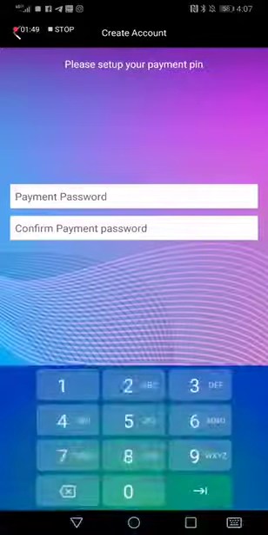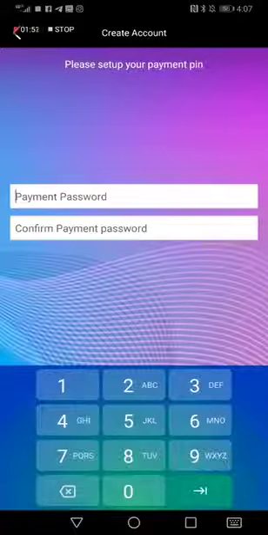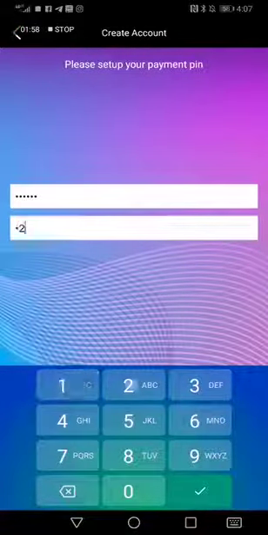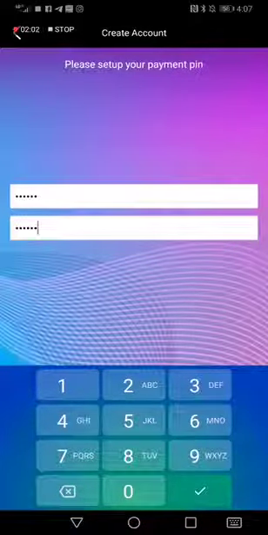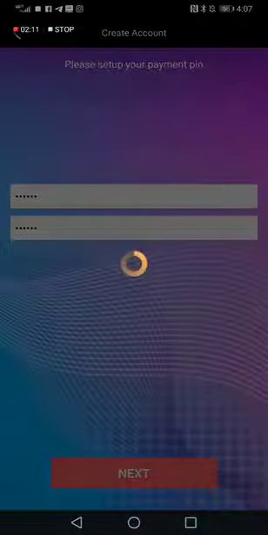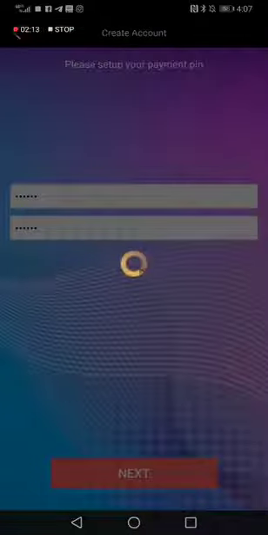Now it's going to ask us for our payment PIN. This is 6 digits, digits only, 6 numbers. Now listen, when you set up your login password, you want it to be complicated, and then write it down. When you set up your payment PIN, it could be any combination of 6 numbers. Write it down. Now it's going to take us to the wait for it,